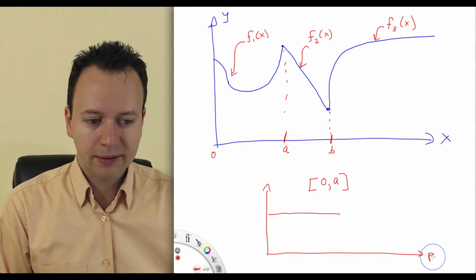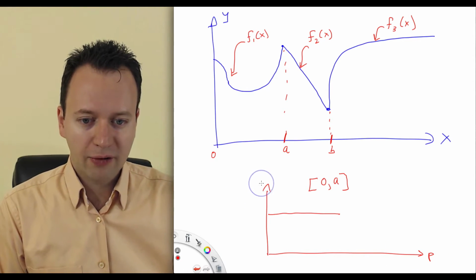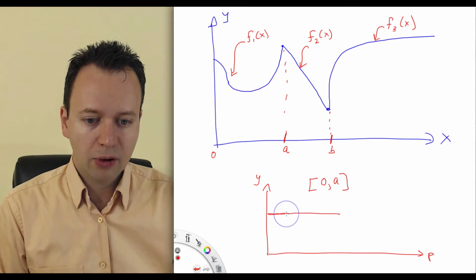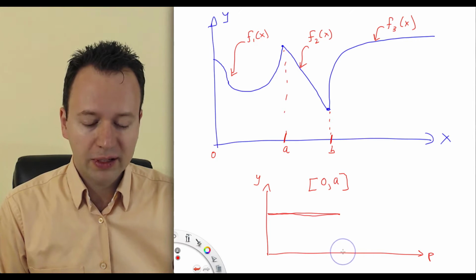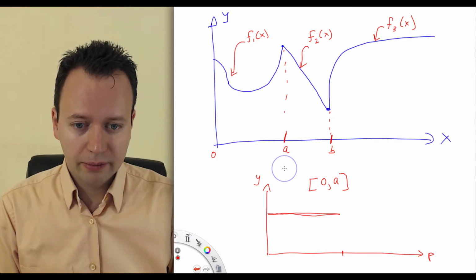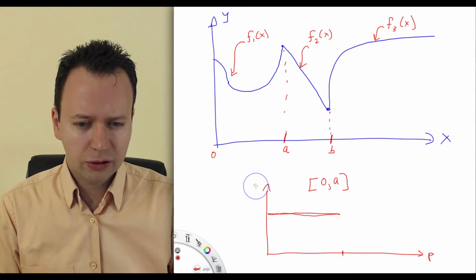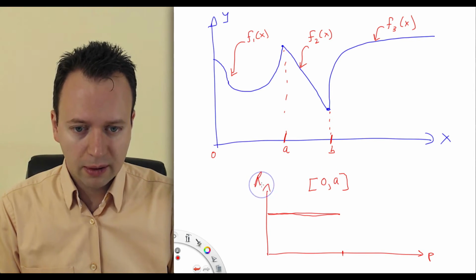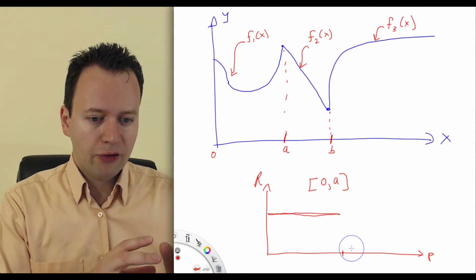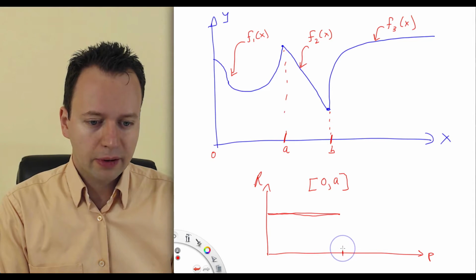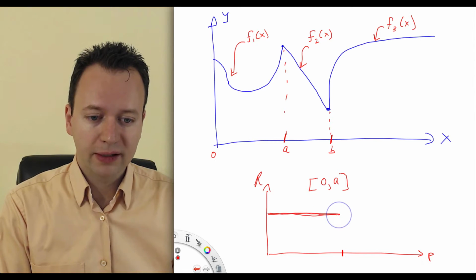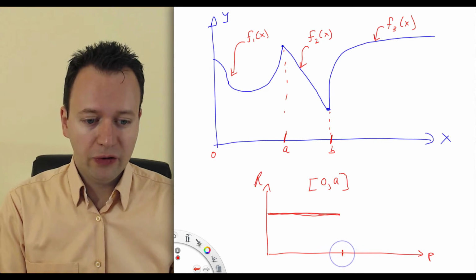Your ticket price, P, and then your profit on this axis, I'll just call that Y for now. So you have constant profit because if you sell the tickets for less than some threshold, well, let's call it the revenue, not the profit. Just think about sales revenue from ticket sales. So if you're up to this value right here, your revenue's fixed, and that's because if you set the ticket